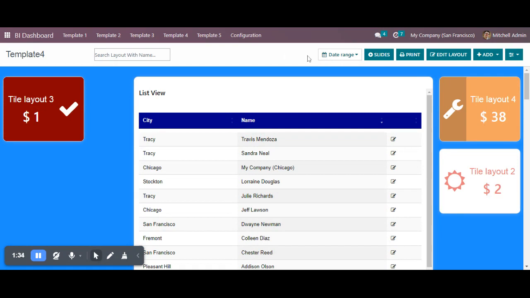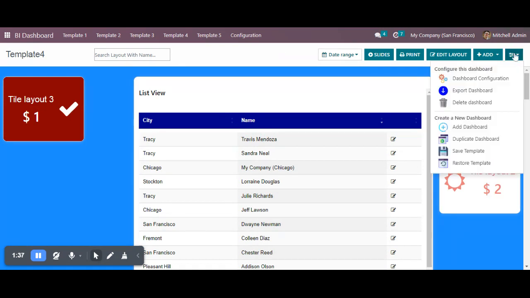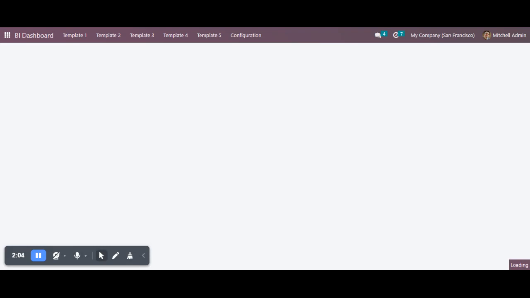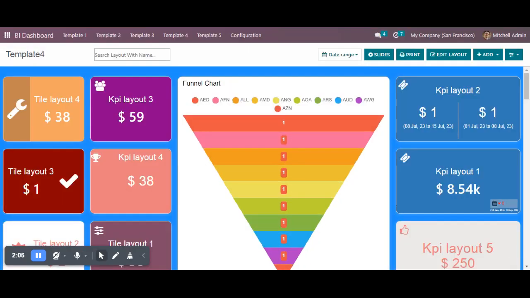reverse it? So for that you will simply have to go over here, and then you can see restore template. Now the system will show your previously saved template with the name and with a particular date, on which date you had saved this particular template. Okay, so you have to just click on it and click on the restore button. All right, so now the template is restored successfully, and after restoring the template, whenever the page gets refreshed,